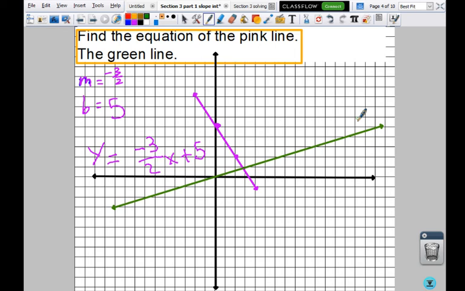So find your M, find your B. We'll have to count on this second one for your M. What's your slope? Careful on that, because